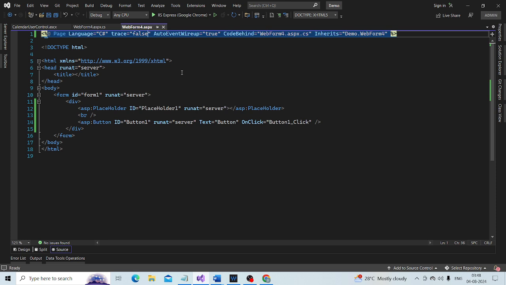Okay, so I want to programmatically retrieve the value from that calendar user control. So how do I do that?